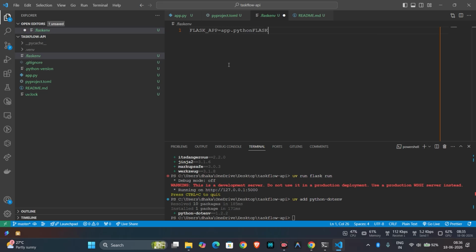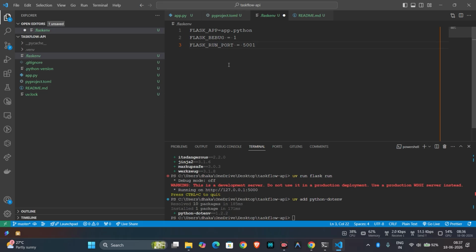Next, FLASK_DEBUG equals 1, and FLASK_RUN_PORT. Okay, so here you can add